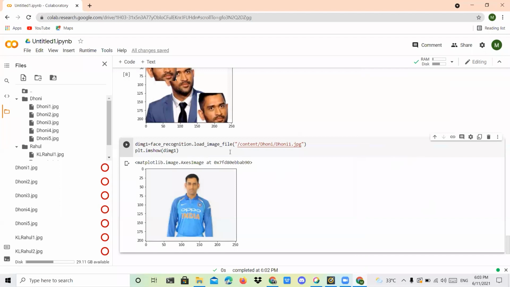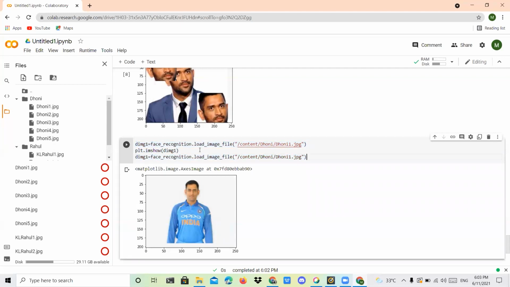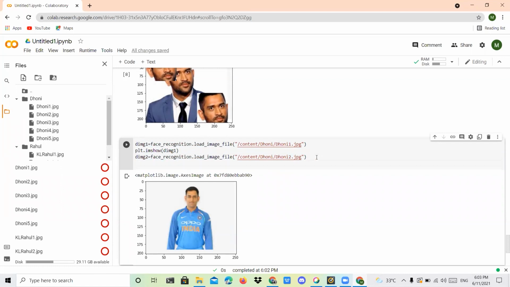Like that, I want to load all the images in this place. Either you can copy and paste, otherwise you can type again, your wish. So I'm going to copy this first line and paste it in the next line. Here I'm going to change this to Dhoni 2. Like that, I'm going to load all the images.